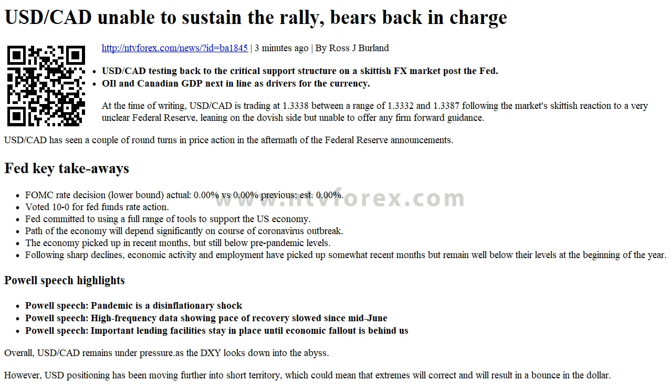TD Securities analysts note that shale plays will not be able to significantly grow their production in the coming months. In this context, a sustained recovery in energy demand could see prices recover further, but for now the lack of such recovery suggests crude oil prices remain range-bound for the time being.